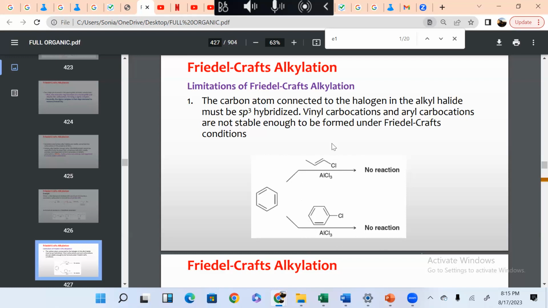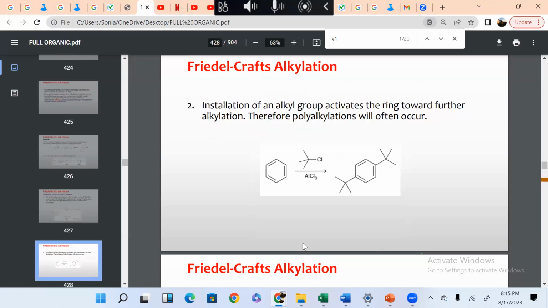Friedel-Crafts takes place only if the substrate is sp3 hybridized. So if you remove this double bond and we just have this substrate, then the reaction will take place. Also something to note is that installation of an alkyl group usually activates the ring towards further alkylation. So once the first alkylation has occurred, the ring is now more sensitive towards further alkylation, which we are calling polyalkylation. Once you've attached this one, you can see it has repeated, and there's still another butyl group attached